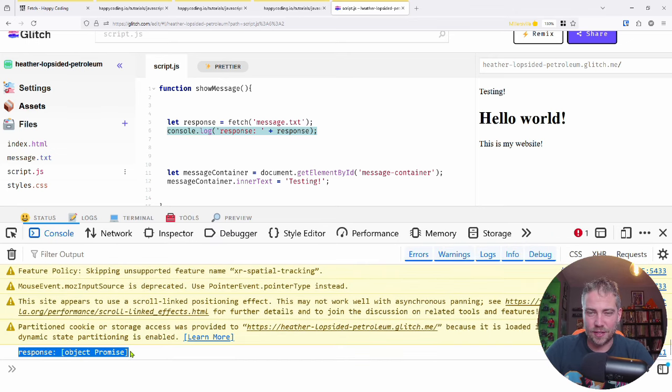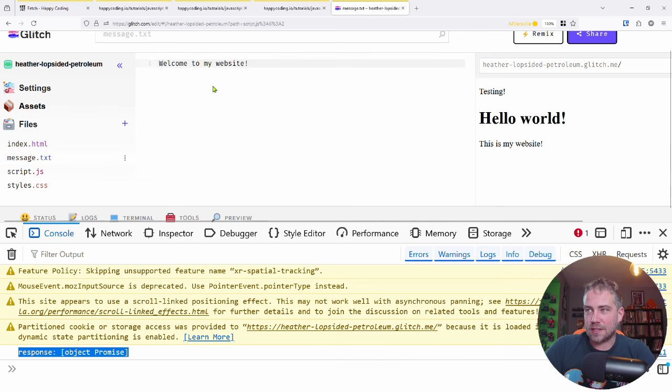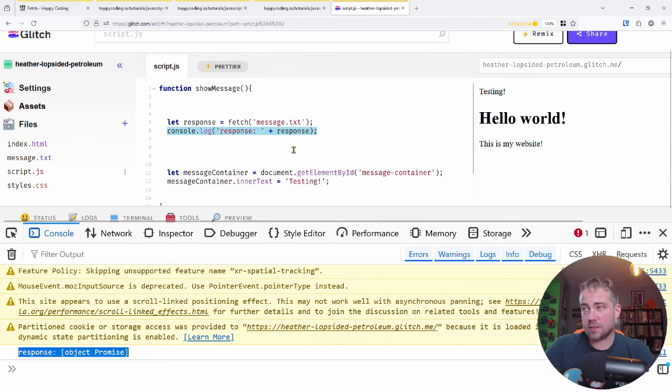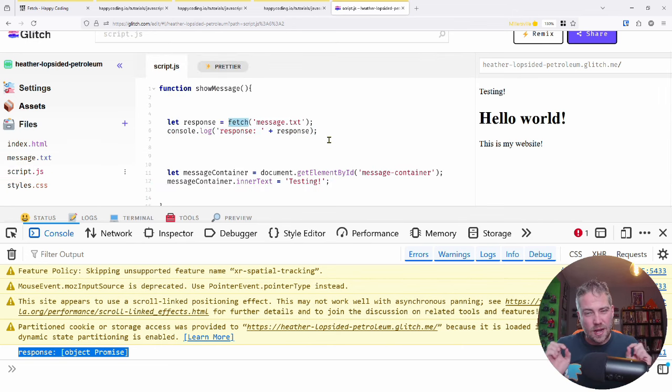Like, what is that? Why isn't it this content, or at least something interesting? And that is because what the fetch function returns is not necessarily a specific value. It's something called a promise, which in JavaScript is a sort of container for some action that will take an